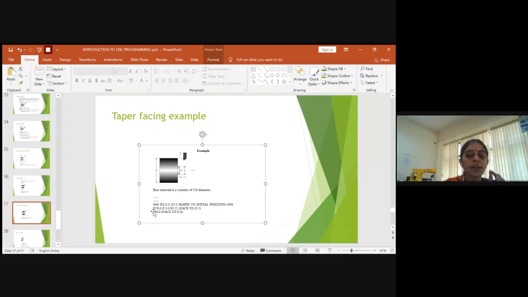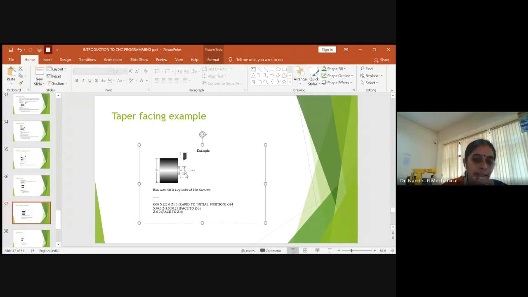After that, you will give the coordinate exactly where you want to do the facing operation. The facing operation has to be done here right from 70 mm. So this overall is 70. Okay, so X 70 you will give. So directly it will come here, and then you will provide Z minus 3, which means you want to remove a material of 3 mm and perform the facing operation.